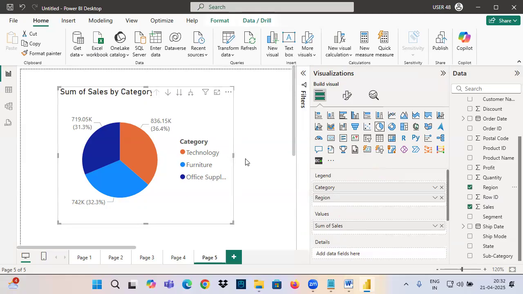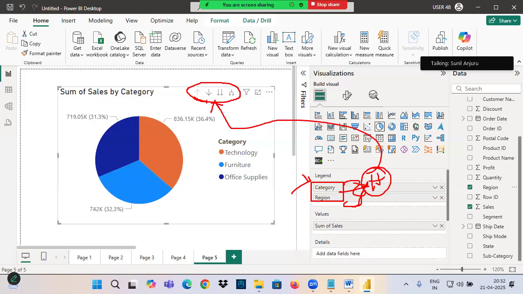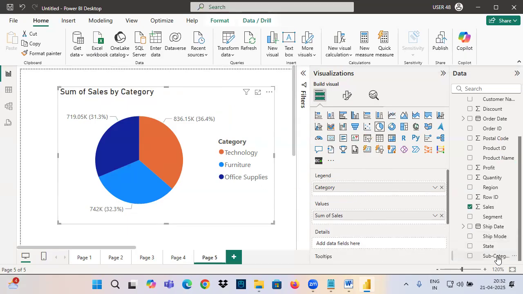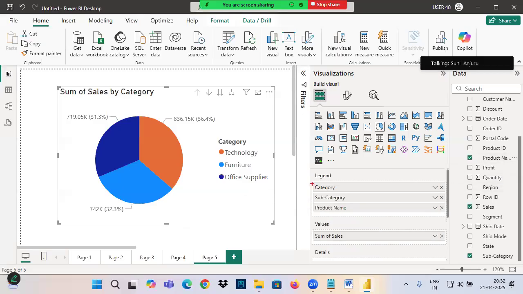But the important point you need to understand is that when you drag multiple columns into the legend, with those multiple columns it will automatically create a hierarchy. With that hierarchy, it will create a drill down visual. Yesterday, we talked about a topic called hierarchies and drill down visuals. So you do not need to create the hierarchy. If you drag category, subcategory, product name, what will it do with these three columns? It will create automatically